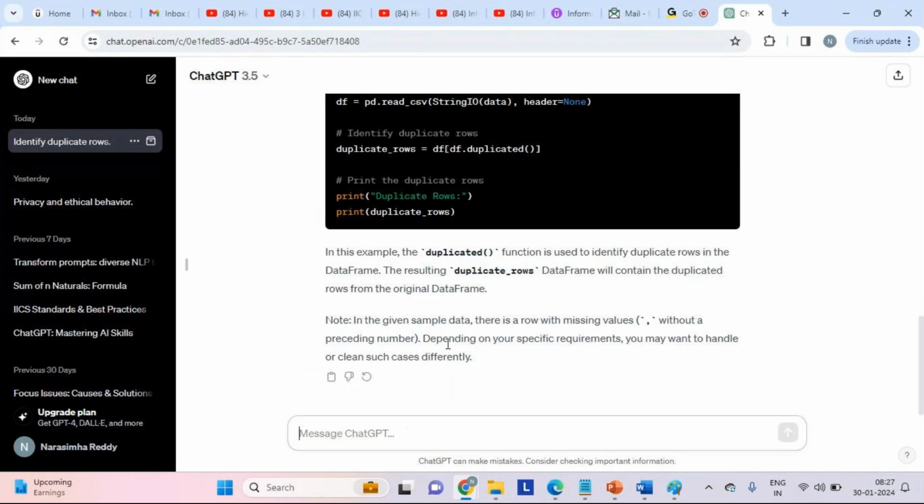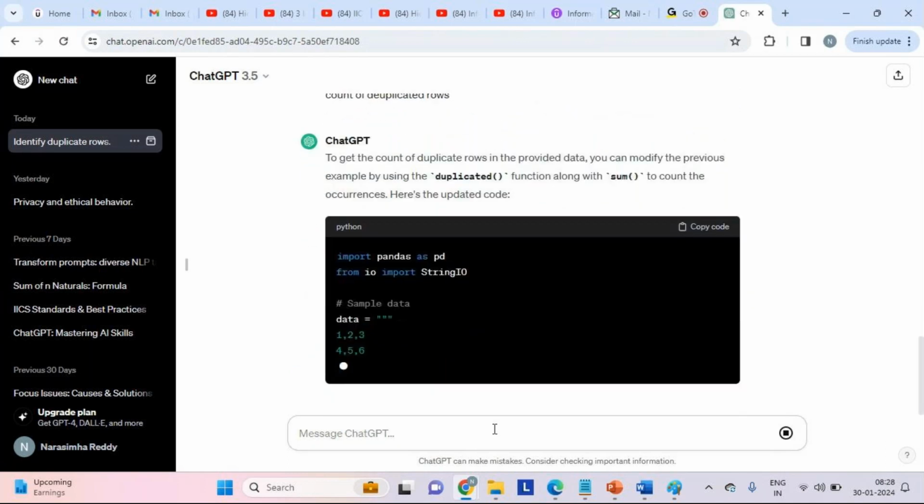Can you see, guys? See, it is using the duplicated function to identify duplicate rows. Now you can just ask how many duplicates. Identify the count of duplicate rows.